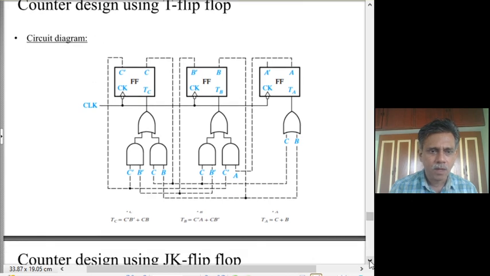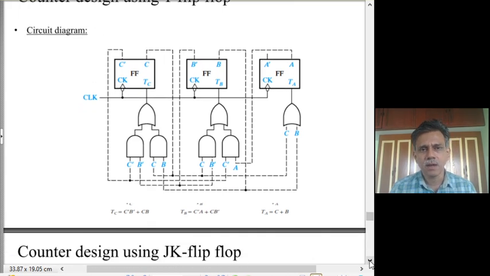Okay. Well, so in the next lecture we will look at how JK flip-flop based design can be carried out. Okay. And then look at what will happen if you have states which are not specified, that certain states are absent, as in this case of the state graph. If it is absent, we should take some additional precautions while designing. Those two aspects we will see in the next lecture.